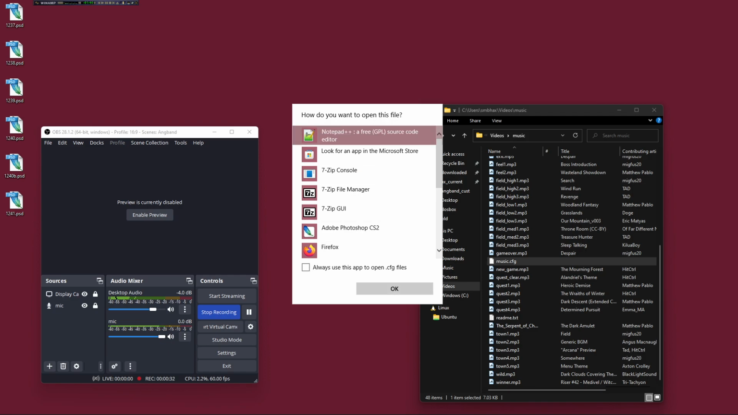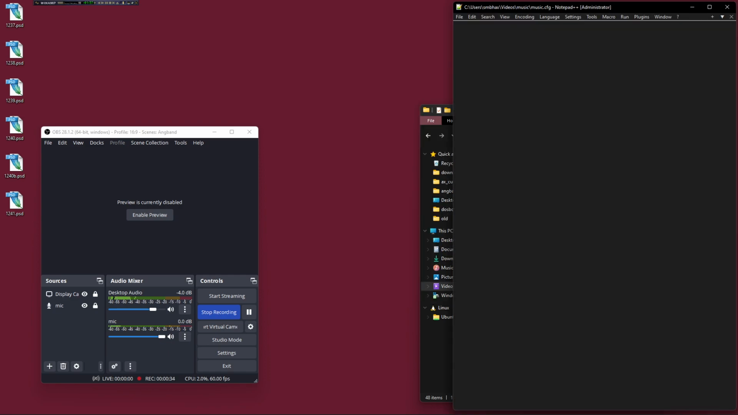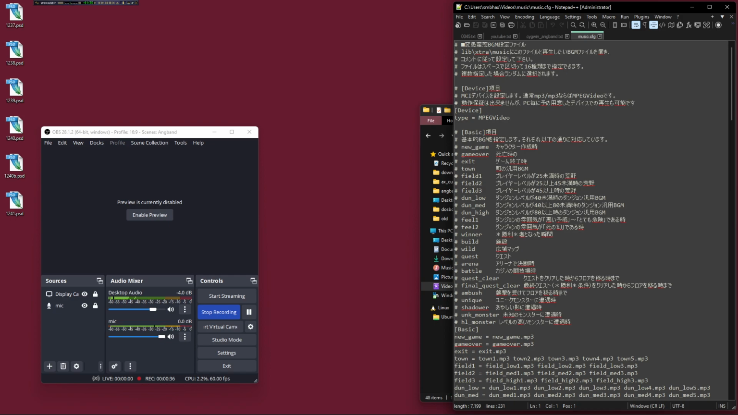Let's do that. The config file describes what the various file names are for. So I had thought maybe dungeon low was for low tempo, medium was for medium tempo, high was for high tempo. No, that's not the case. If you Google translate the Japanese text, it says low is for dungeon levels up to level 40. Medium is for levels 40 to 80. High is levels 80 and above,